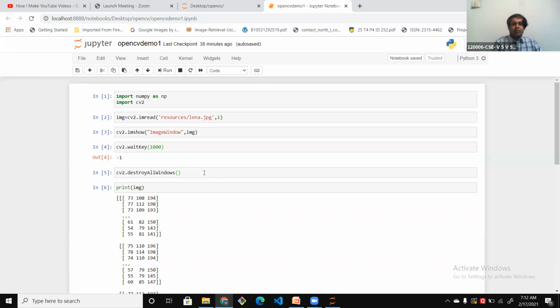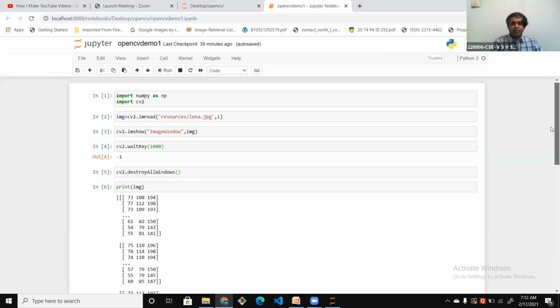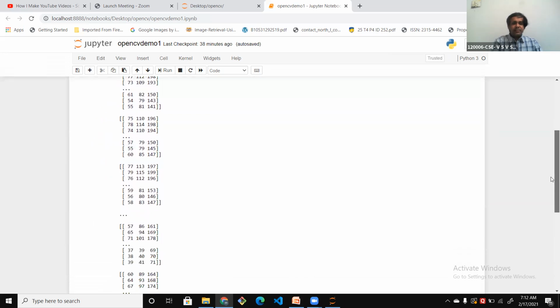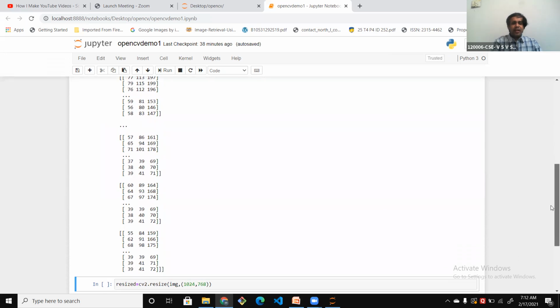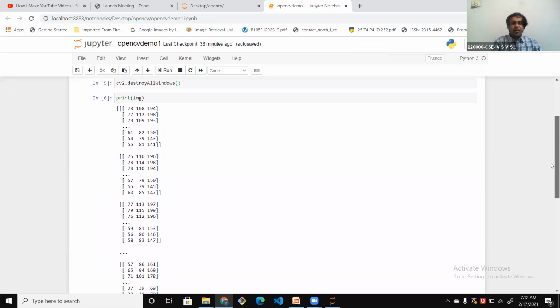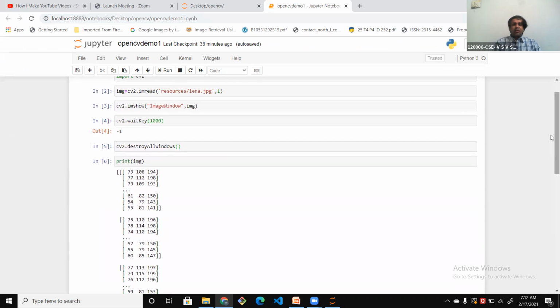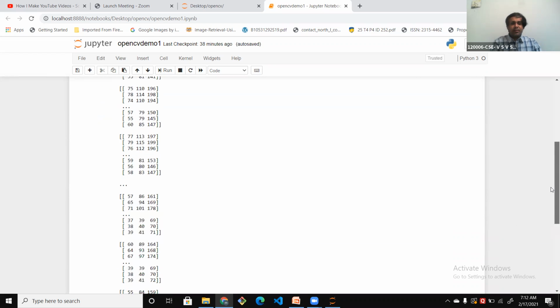For this we use the command print of img. As you're seeing here, this is a three-dimensional array. Our image is an RGB image. R stands for red channel, G stands for green channel, and B stands for blue channel. There are three channels, so a three-dimensional array is created.